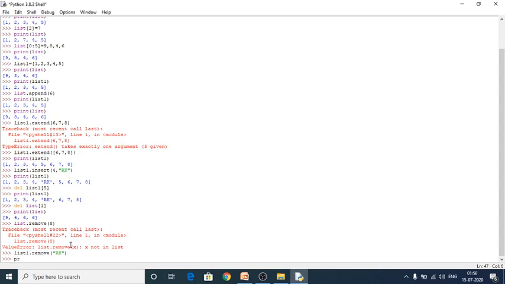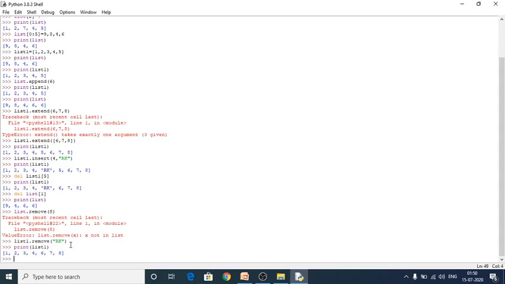Here again I have to print my list, print list1. Yes, RK has been deleted from the list. This was the use of the remove function.